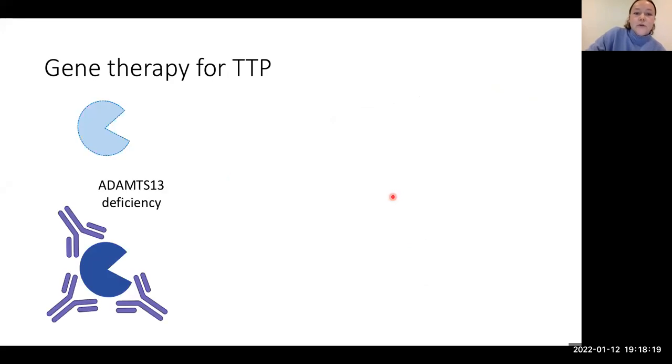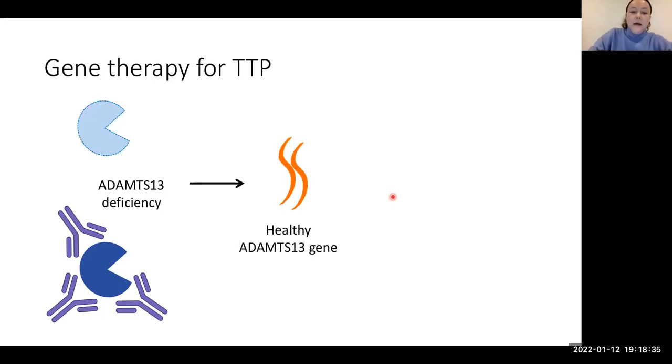So just to explain what gene therapy is and how we can apply it. Regardless of the cause, either congenital ADAMTS13 deficiency or immune-related TTP, the aim of gene therapy is to try and treat it by delivering patients a healthy copy of the ADAMTS13 gene. So it sounds simple, but